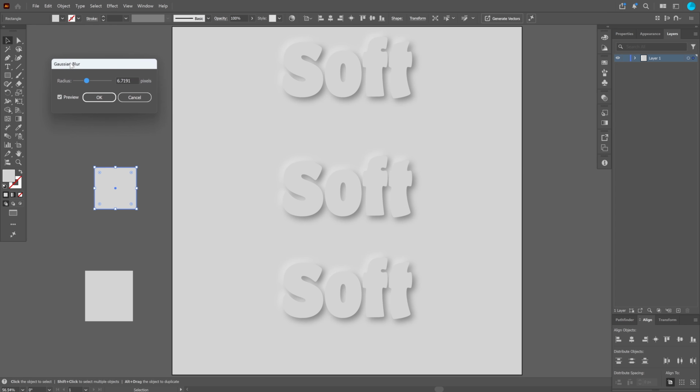Now notice what happens when I increase the value of the radius. As you can see, the corners are getting blurred, and that is what we want. It's transitioning from the main color on the inside, and it's softening the edges by making them blurred. But what you can also notice is that the blur is going outside the border. The blue edge, which is the defined shape, is going outside the border of this blue line. So what that means is when I apply the Gaussian blur on this text, the edges here would flow